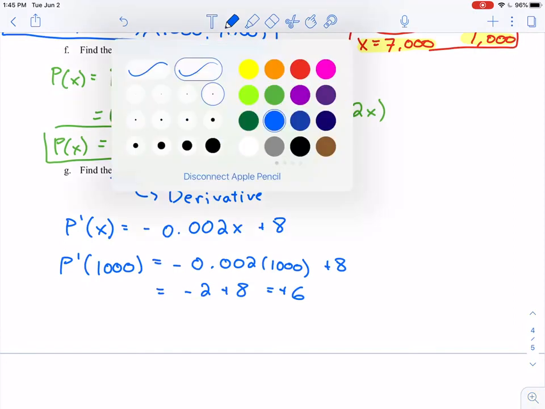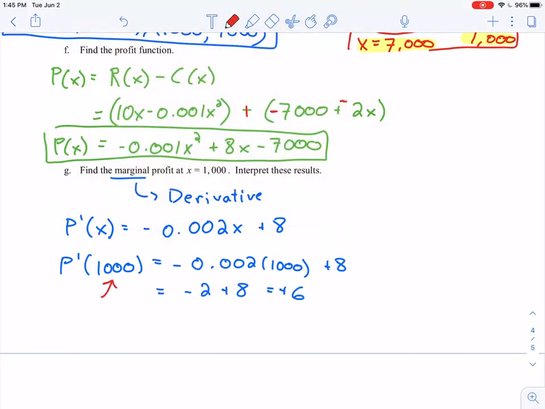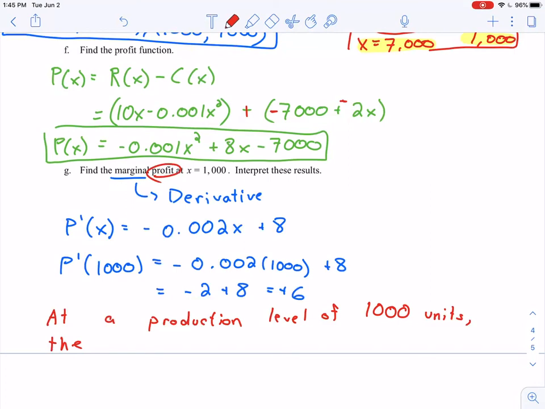So again, I'm going to start this interpretation by talking about my production level right here. At a production level of 1,000 units, we're talking about marginal profit right here. So the profit is, and here's where we want to pay attention to that sign. We had a positive 6 right here. Positive 6, that means my rate of change is positive, means that the profit is increasing